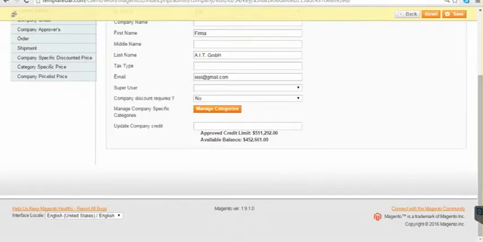Since we are dealing with a business to business scenario, that is B2B, we are providing company credits to the companies that are willing to buy products from the Magento front end. So the credit limit that we have given for this particular company is, as you can see here, 511,292, and the available balance as shown here is this much.